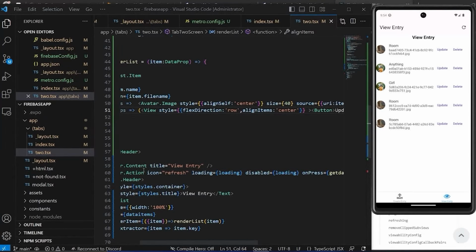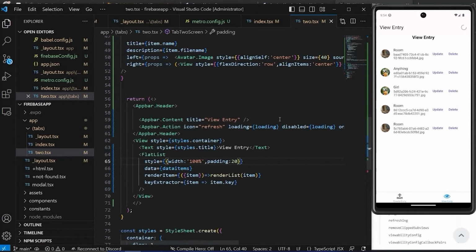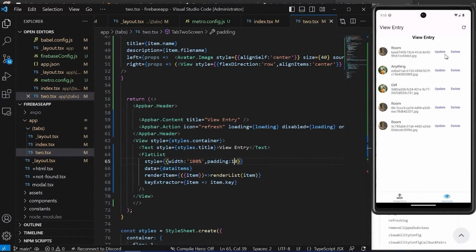So what we'll do, we'll go to the flat list and we'll just set a padding. And here it should be okay to do. Okay. We have a list, but padding is too much. We'll put it to 10. This should be fair enough. So this is the viewing part of our application, and in the next part we'll be implementing the update and